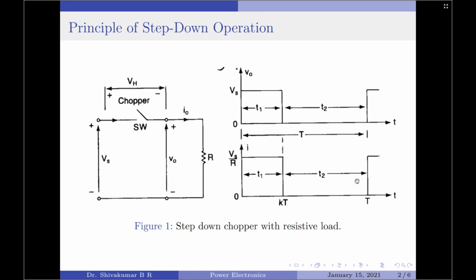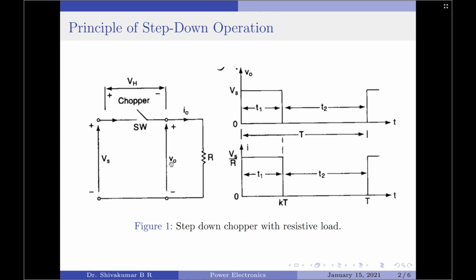On the other hand, when the switch SW is open for a time duration of T2, the output load current will be 0. Here from the waveforms we note that the sum of the chopper on time, which is T1, and the off time, which is T2, can be considered as the chopping period capital T. The ratio of the chopper on time T1 to the chopper period capital T is called the duty cycle and is usually represented by small k. So, you can replace T1 by small k, the duty cycle, multiplied by capital T, which is the period of the chopper.